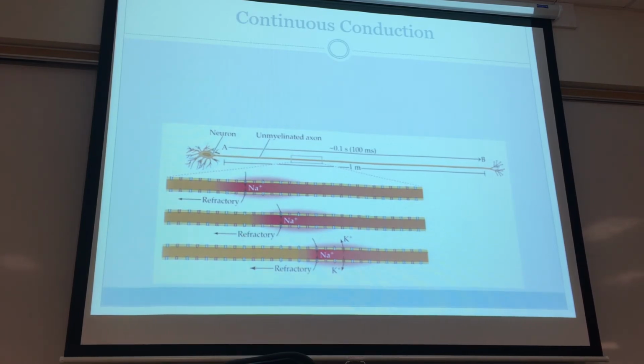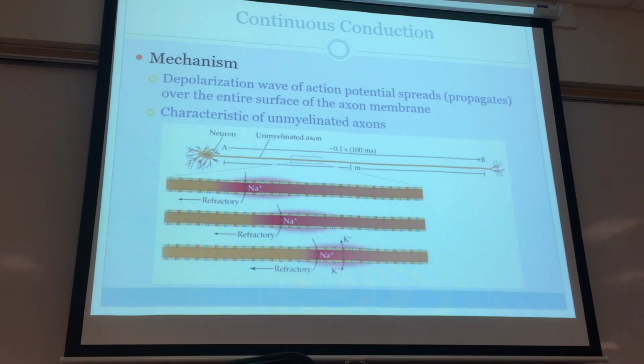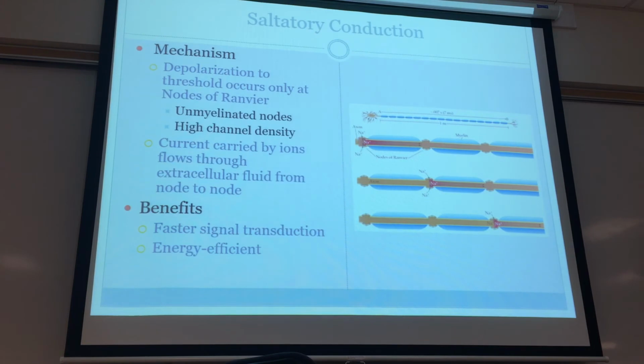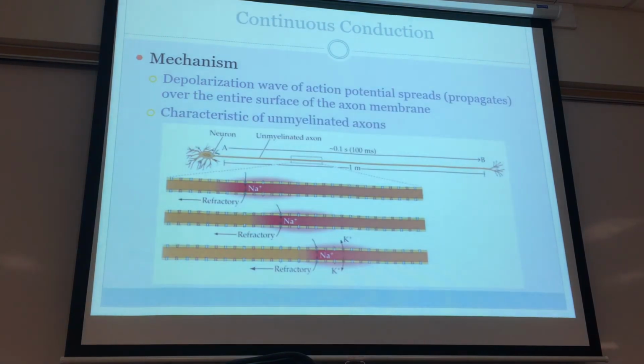This length of axon can be likened to a... Okay, there. So the continuous conduction, when we look at the mechanism by which action potentials move down, we can see that the action potential can be conducted in two different types of axons. We've got our first type, called continuous conduction, and that involves unmyelinated axons. In our central nervous system, we had oligodendrocytes that would wrap around the axon, creating myelin sheathing. That's what we'll see in the next slide, which is called saltatory conduction. So looking at continuous conduction, if you take a look at the entire length of that axon,